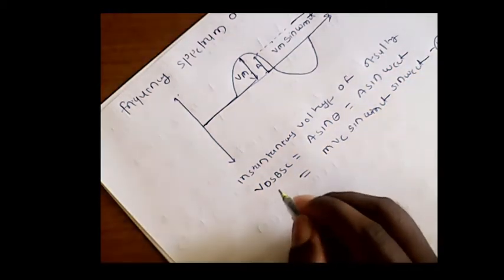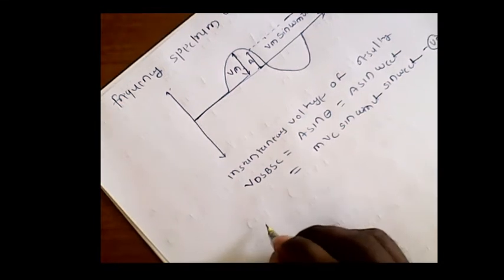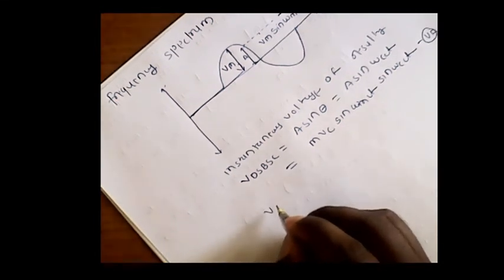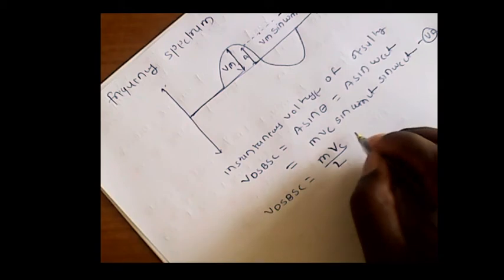This equation can be expanded. We can write it in two components, LSB and USB, for DSB-SC. So the instantaneous voltage is m Vc divided by 2 cos (omega c minus omega m) t minus m Vc divided by 2 cos (omega c plus omega m) t. So this is equation number 7.